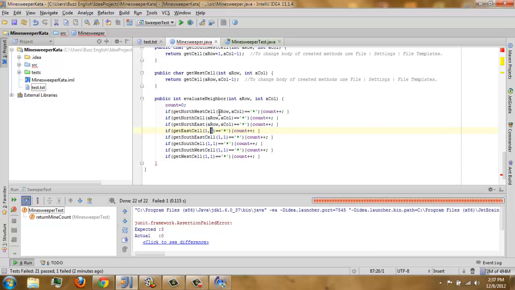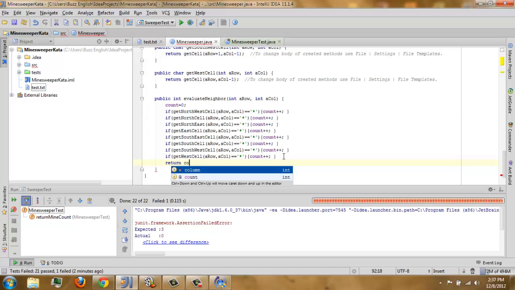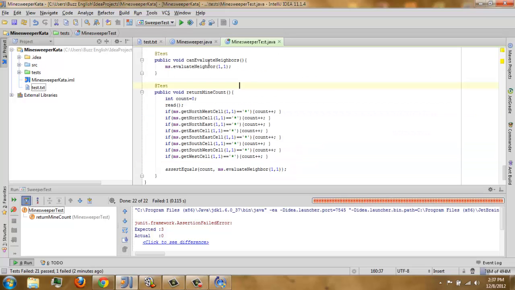Isn't it too tiresome? Yeah, it's better to just code it than test it later. Then return count. Yes, we'll have to return the count so that we can test if our Minesweeper and our test class have the same interpretation.